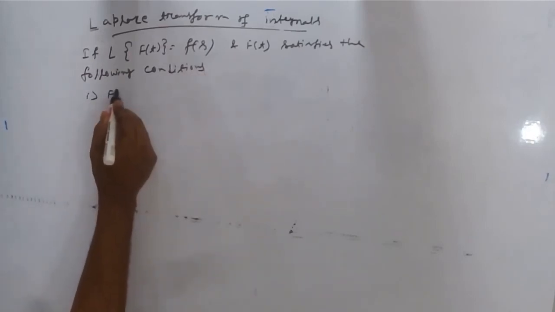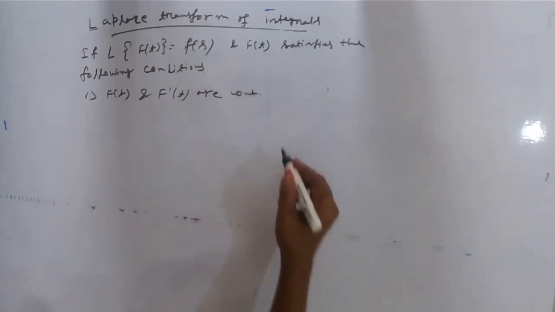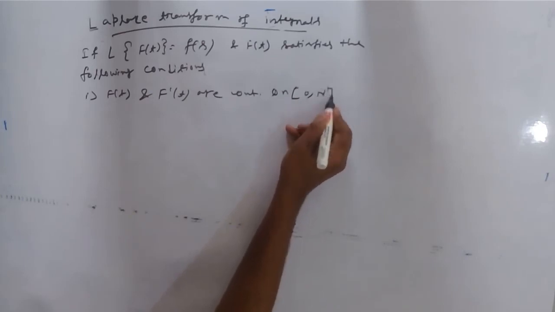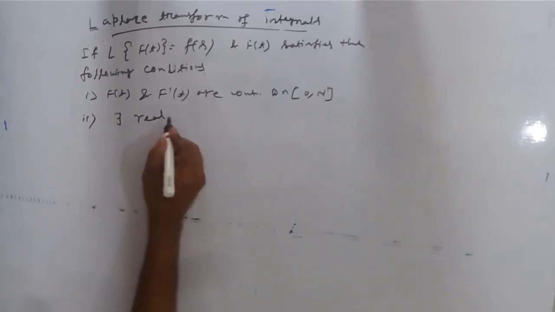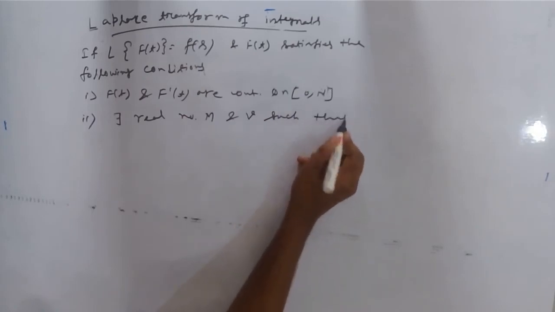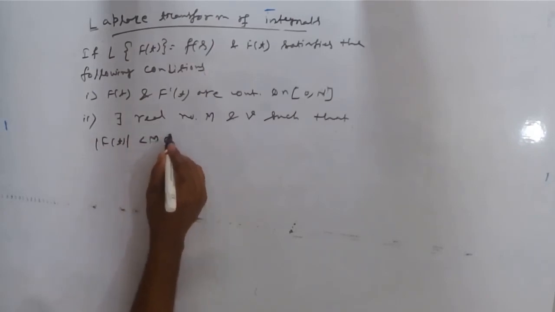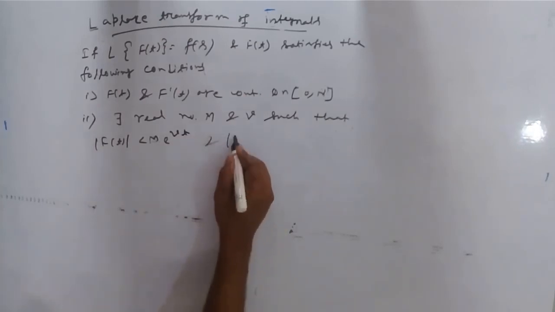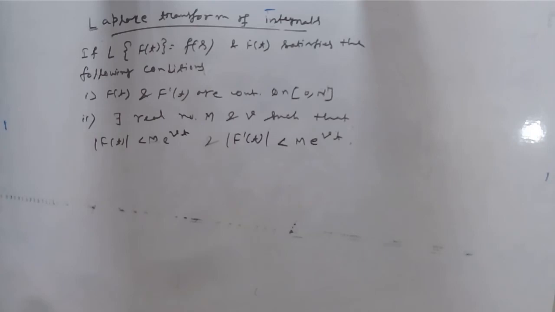Number 1, f(t) and f dash t are continuous on 0 to n, and number 2, there exist some real numbers M and v such that mod of f(t) is less than M e to the power vt, and mod of f dash t is less than M e to the power vt. And number 3, sorry,